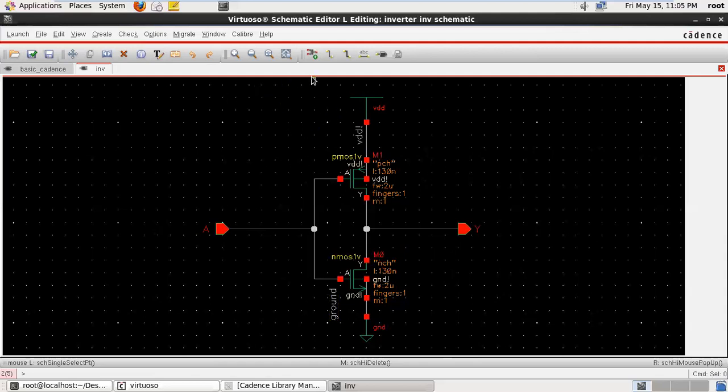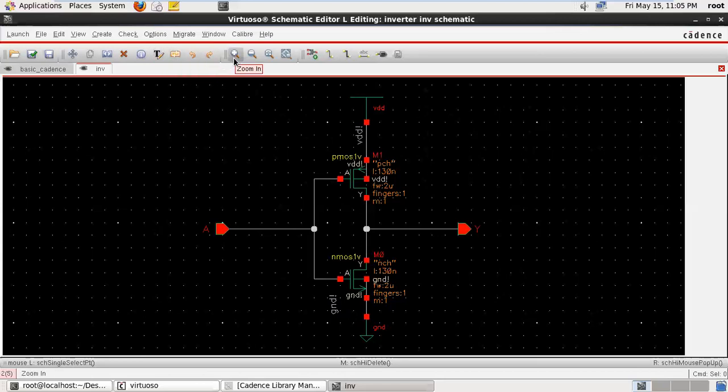Okay, so just undoing the command. So first copy, then move, copy, then stretch, delete, then edit property, and the direct text edit.